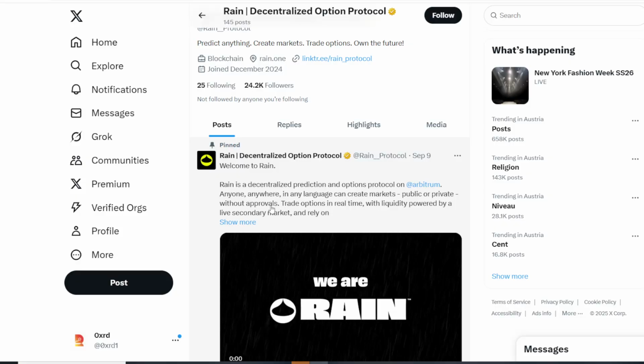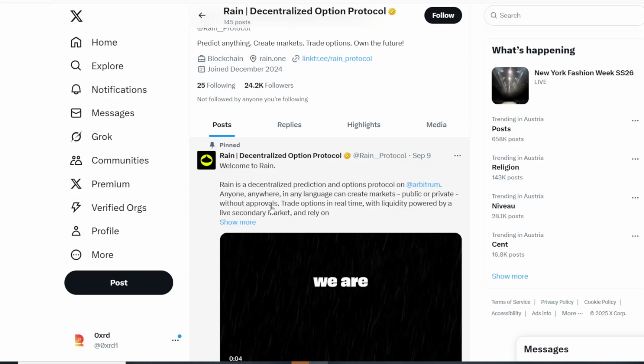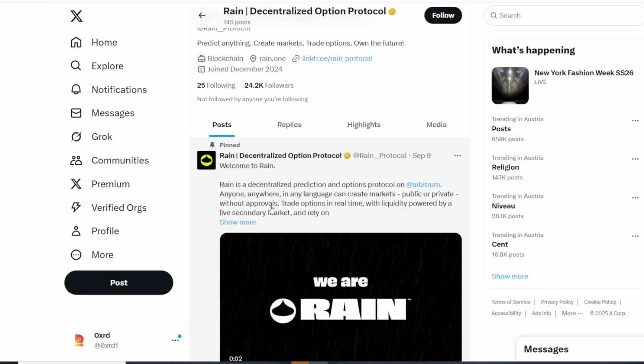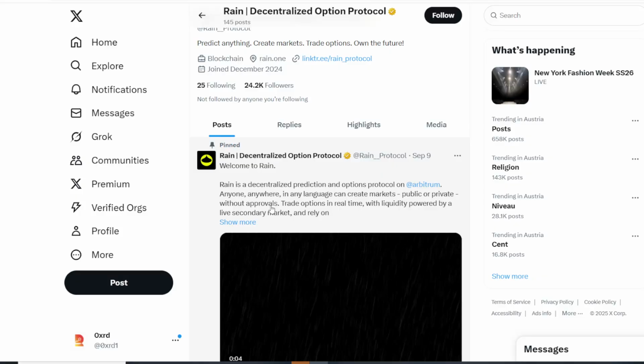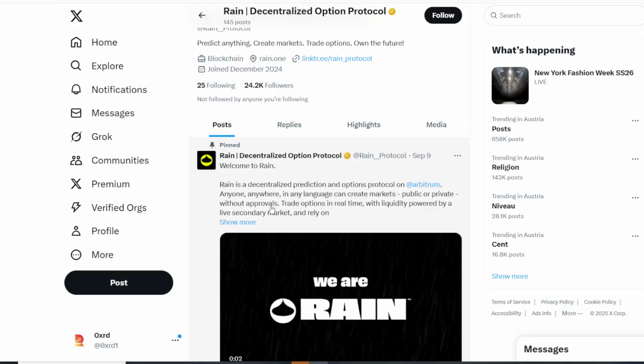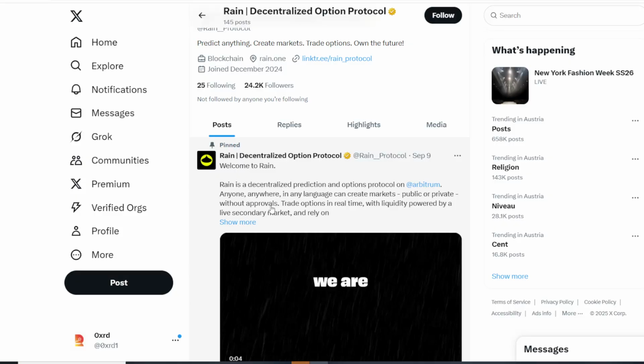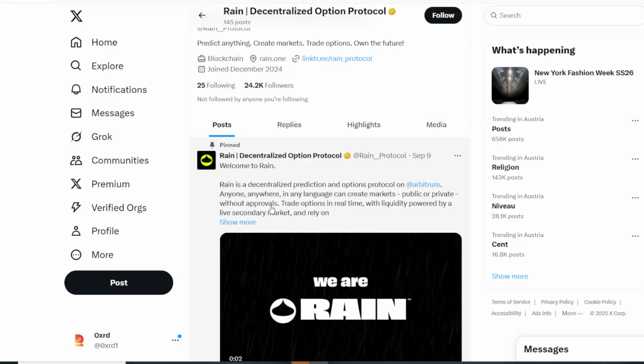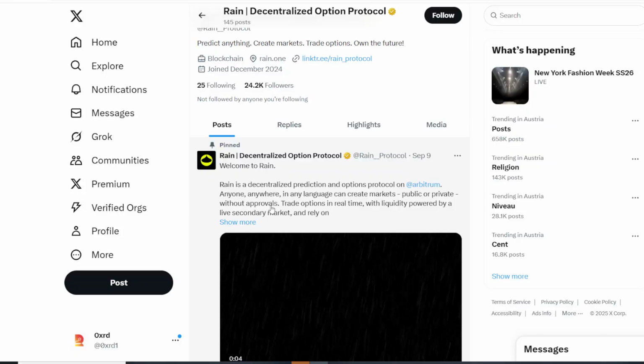So I've been talking over the last few weeks a lot about the current state of the prediction markets. When you have Kalshi, Polymarket, all of the markets that are created are done in-house by the team. So this slows down the speed and the volume of markets, right? And also the iteration and innovation.